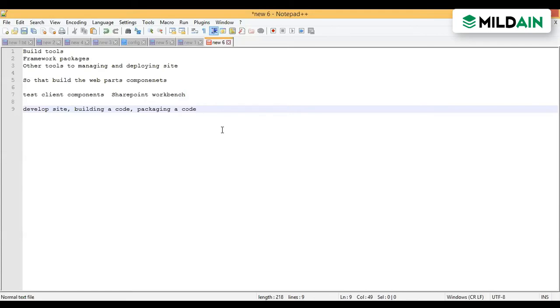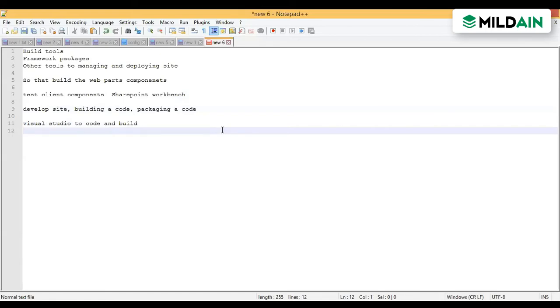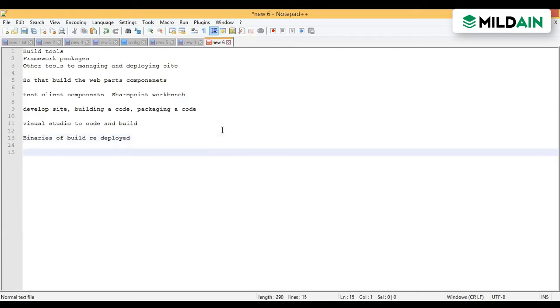So now, as I told you, we use Visual Studio to code and build. Once it is built, we have to convert it into a binary, because binaries of the build are deployed on any environment.